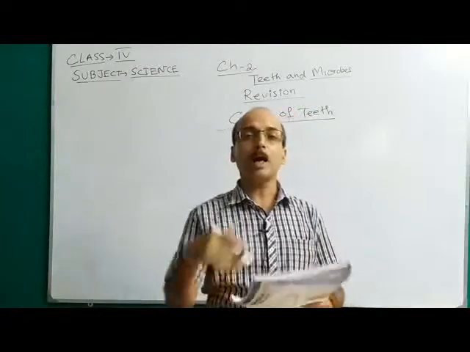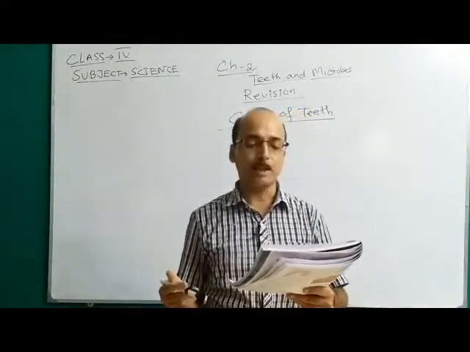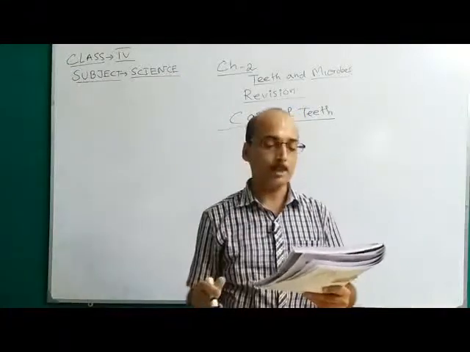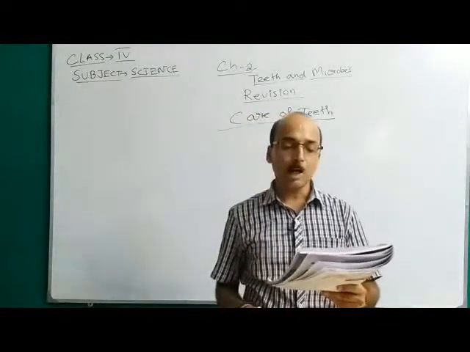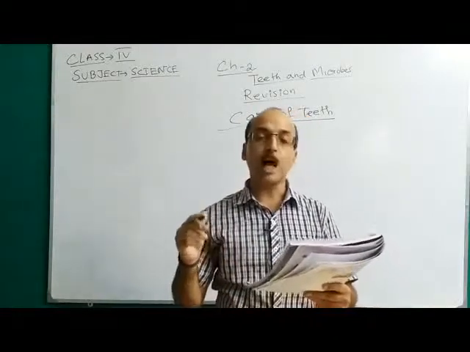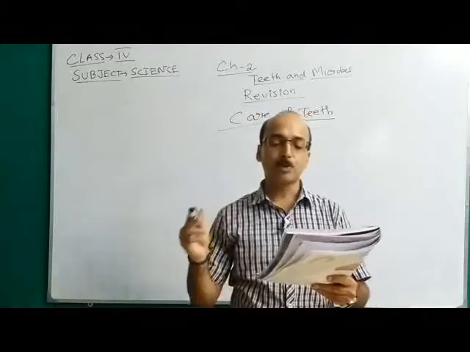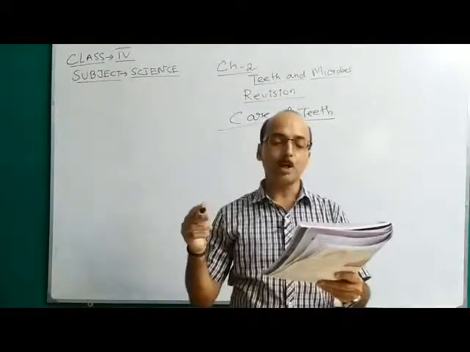See, number one, I am reading, you just follow. Number one, outside surface of the upper teeth, means upper jaw, upper teeth. We use a downward sweeping motion. Number two, inside surface of the upper teeth, use a downward sweeping motion. Number three, outside surface of lower teeth, use an upward sweeping motion.